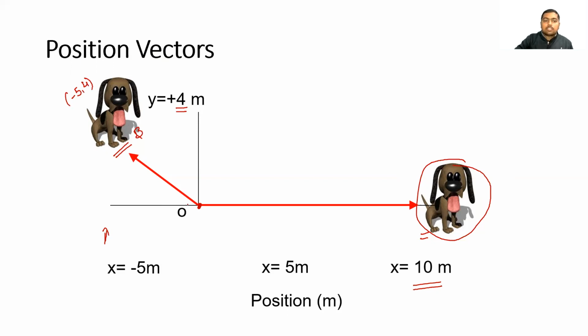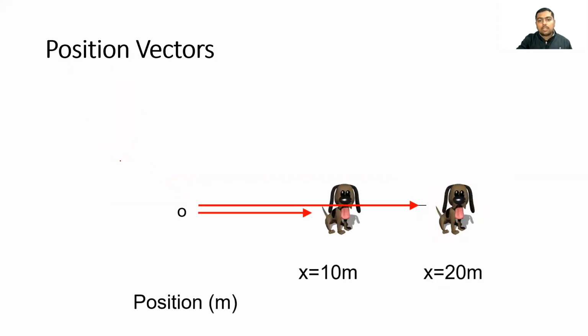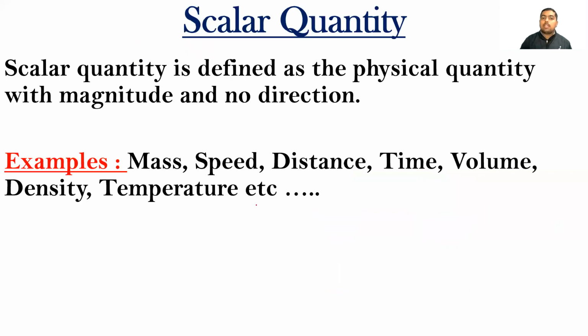And the vector which defines the position of this dog is called position vector. Okay. Now let's see another example. We can take ourselves as origin. We are observer and we observe the position of this dog in the positions A or B. The distance of these two dogs from origin is 10 meter and 20 meter respectively. Then this vector defines the position of these two dogs. Then we call this vector a position vector. Okay, I hope you will understand the position vector.